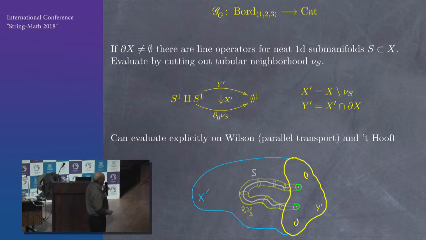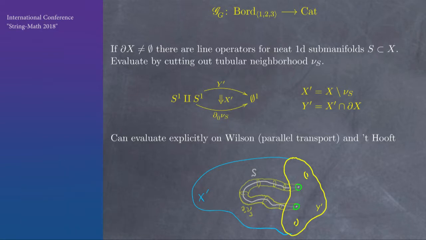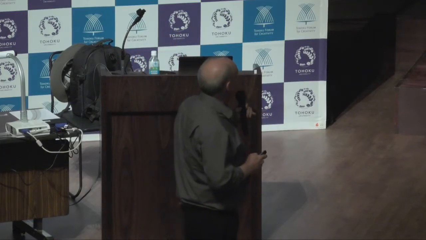Well, if we cut out the tubular neighborhood, then you see we get a manifold with corners. And that manifold with corners is a diagram like that in the Bordism category. It's thought of as a 2-morphism. So here we have the 2 circles. They're bounded on the one hand by this cylinder, and on the other hand by the complement of these 2 disks in the boundary. And then the 3 manifold is a map from the boundary, that cylinder, to that. So that's what's encoded in that diagram. And now if you apply the field theory, then you can analyze what kinds of operators you get here. So we have not only loop operators for closed loops, but if we have a boundary, we also get operators for paths that end on the boundary.